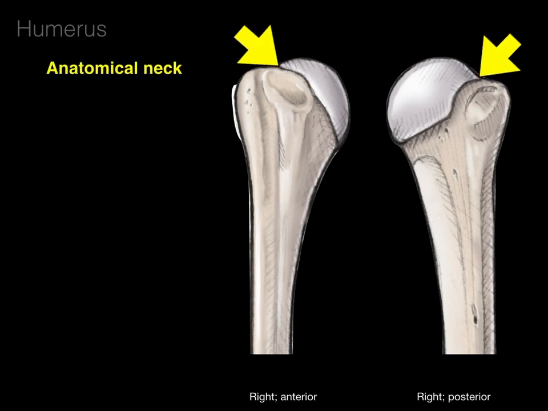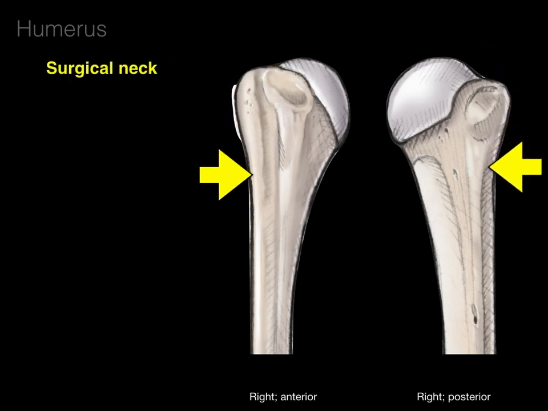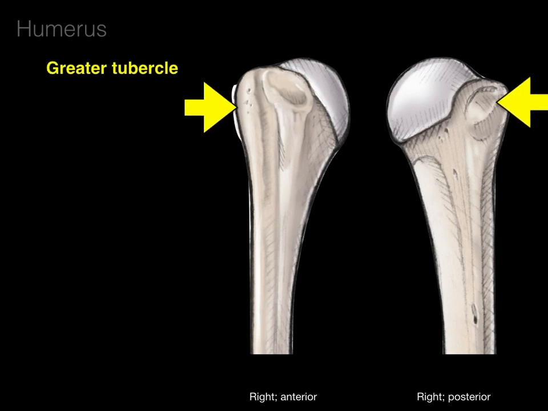Here is the anatomical neck, which is the portion below the head. And there's also a surgical neck, where the axillary artery and the circumflex humeral arteries course. And this, if fractured, can injure the axillary nerve, and it's more commonly fractured than the anatomical neck. We have this very large bumpy swelling on the lateral portion of the proximal humerus called